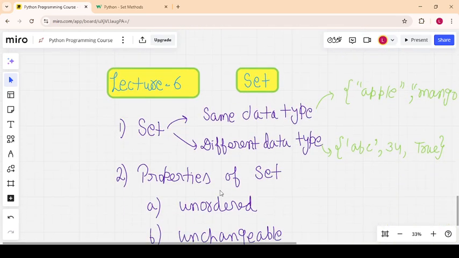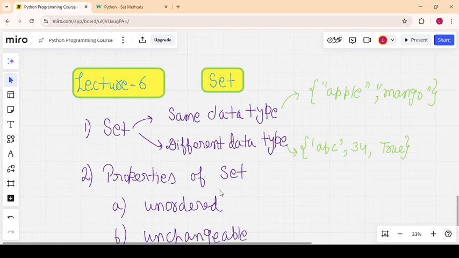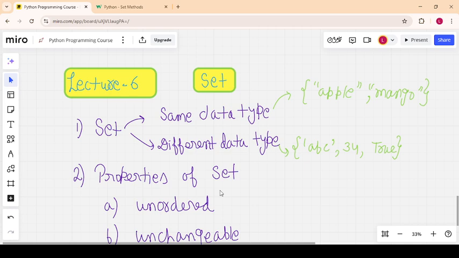A set is one of the four built-in data types in Python, which is used to store a collection of data. A set can be defined through curly braces.